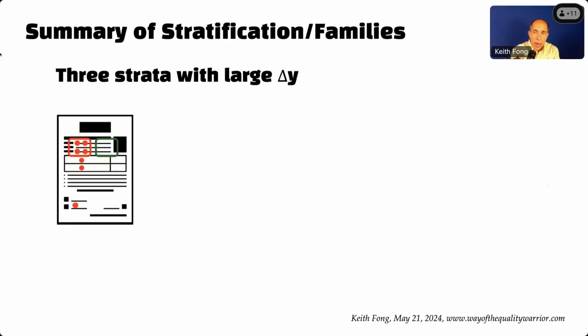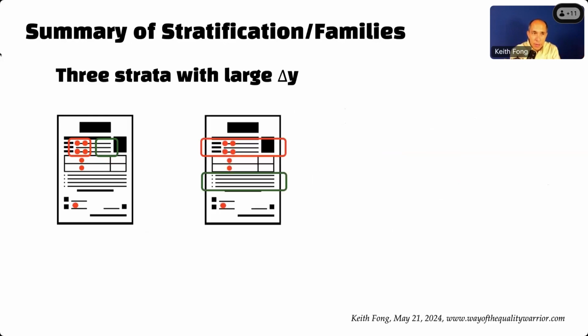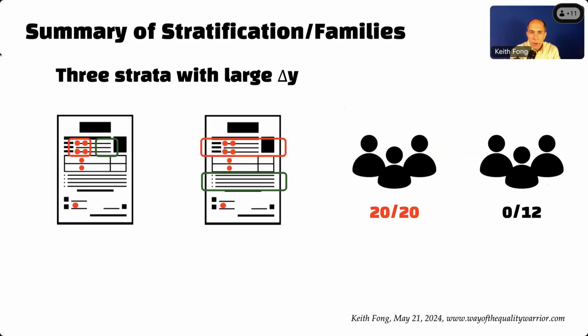If we summarize this, there are three strata with large delta Y in this particular example. We saw that within one category, there were fields with incorrect data, and then there were fields that had correct data. And then on just one of the bad reports, there were parts that were bad, but then there were parts that were good, and there's a big difference. And then, of course, we saw that between groups, we have a really bad group and a really good group. So if I were to attack this problem,